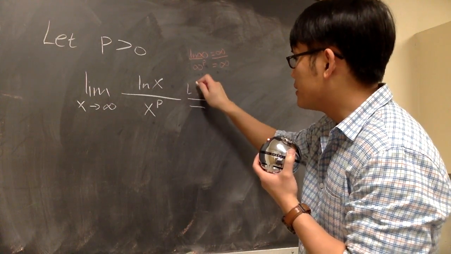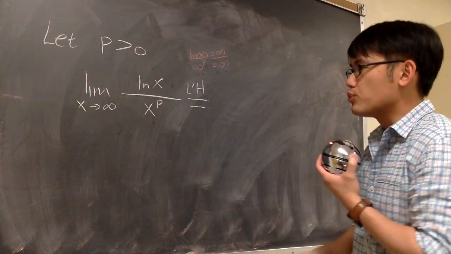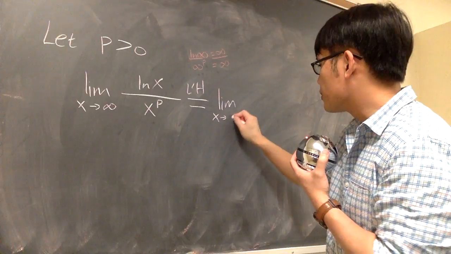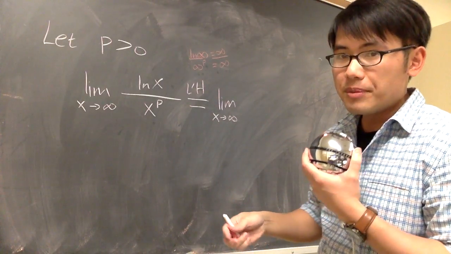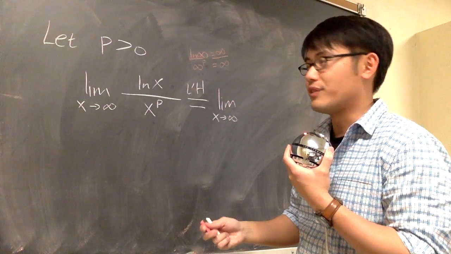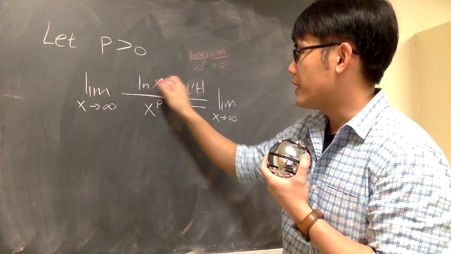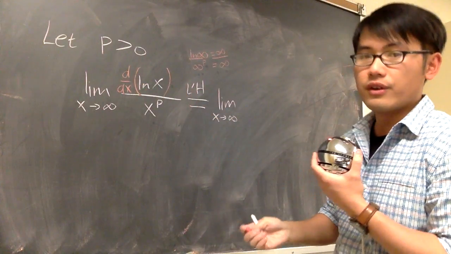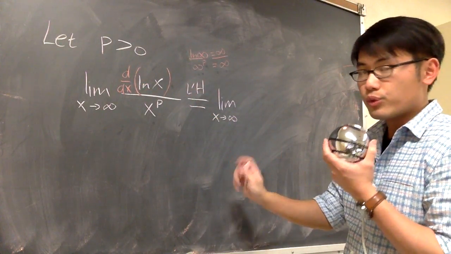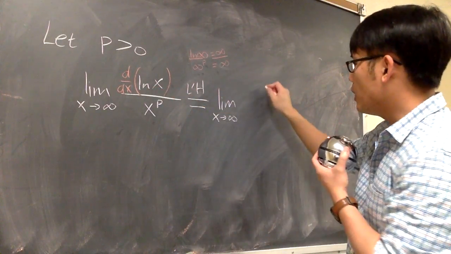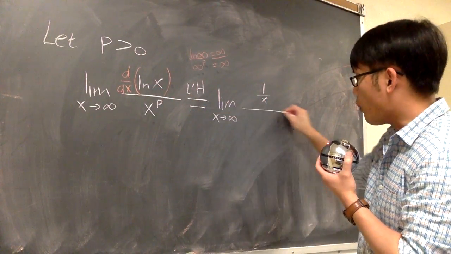So this right here is going to be the same, by L'Hopital's rule, as the limit as x goes to infinity. L'Hopital's rule says I don't want to look at the functions, I want to compare their derivatives. On the numerator, we have ln x. Let me just differentiate that by itself. So this is not a quotient rule. I'm looking at ln x and then differentiating that, which is going to be 1 over x, over